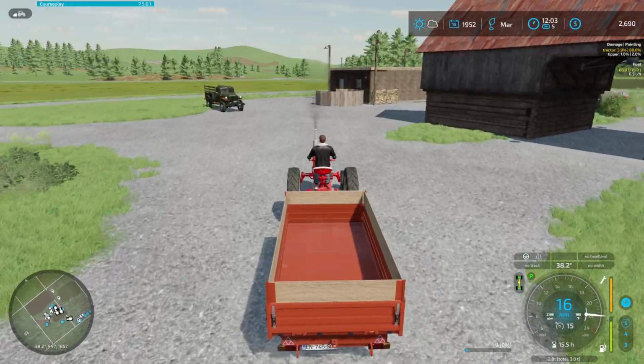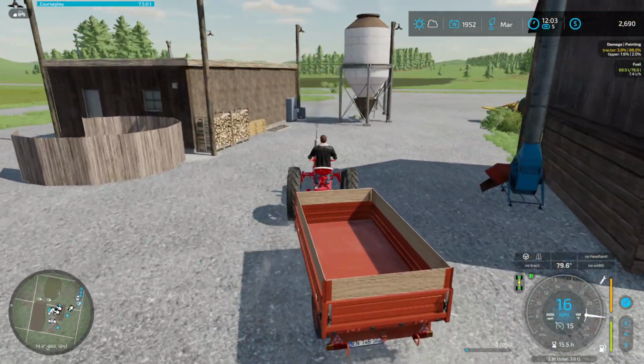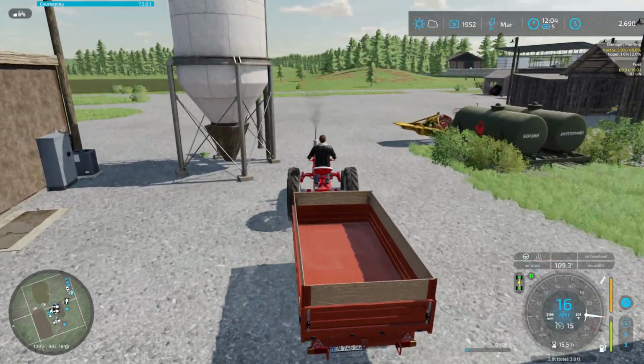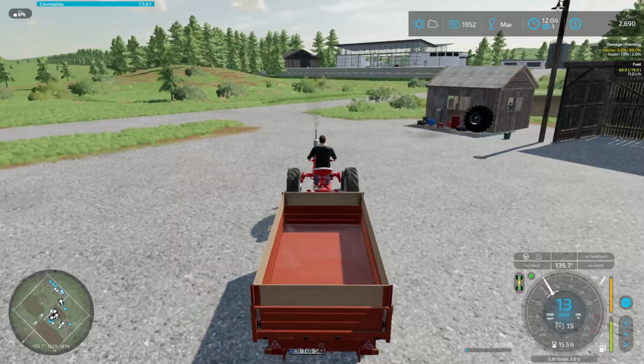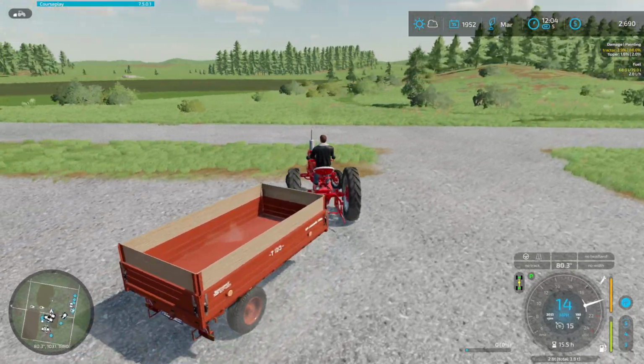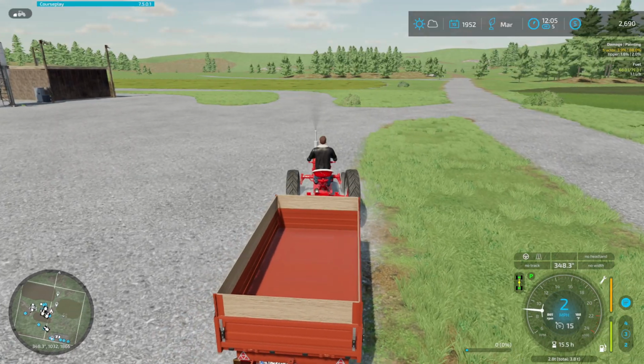And today we're going to be getting in what I think is probably the perfect flour mill for the 1950s. We'll see it in a little while. It's going to take a minute. First, I want to plant some trees. Also, to buy production, we need a whole lot of money. We only got $2,690. Don't know if I'll ever get around to tree planting, but I do know we will